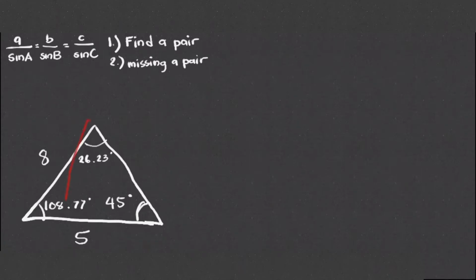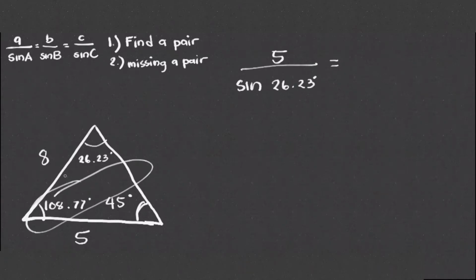Now, we have already two pairs and one missing pair. So in order to solve for that missing pair, or the length, we can either use the two pairs, but in this case, let's use this pair, the 5 and the 26.23 degrees. So 5 over sine 26.23 degrees is equal to the missing length. Let's call it the x